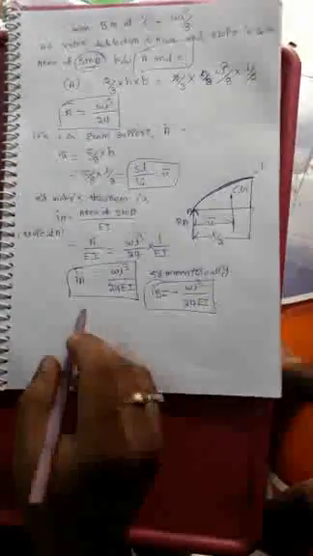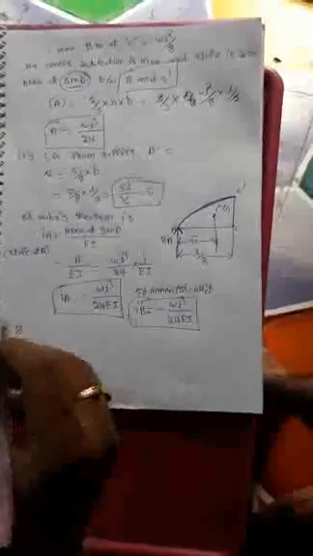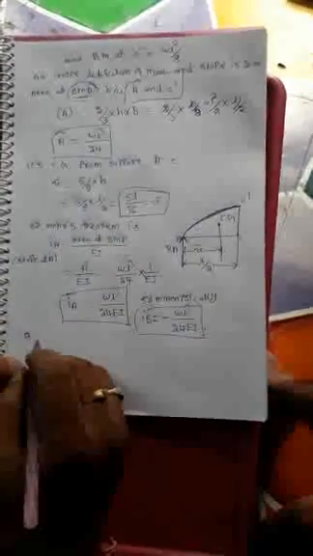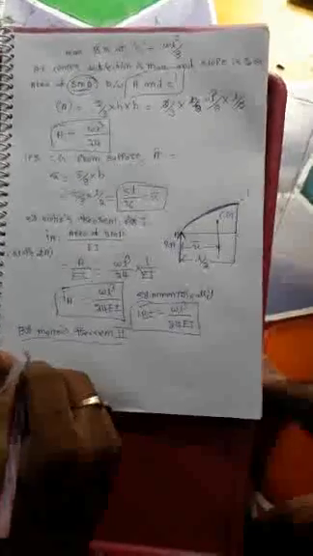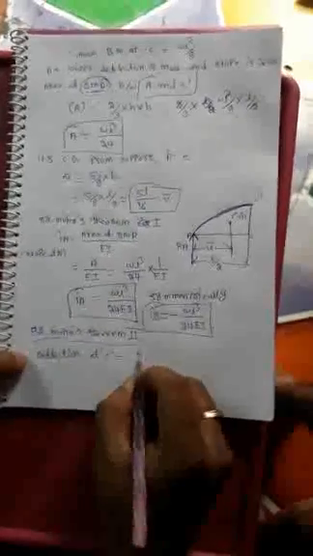So next, all slope at A and slope at B. Next, deflection. So using this x bar, we are going to find the maximum deflection at C. Why? Because the maximum deflection occurs at point C. The maximum deflection is by Mohr's theorem 2. This was Mohr's theorem 1, and here it is Mohr's theorem 2. Why? Because Mohr's theorem 2 represents the deflection, that is the deflection at C. So this formula represents A x bar by EI.